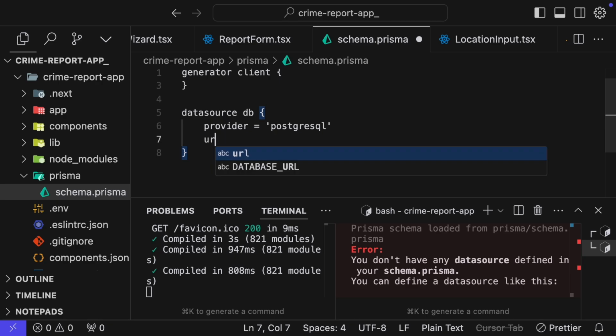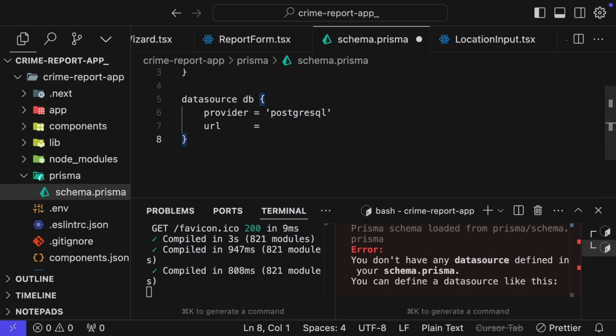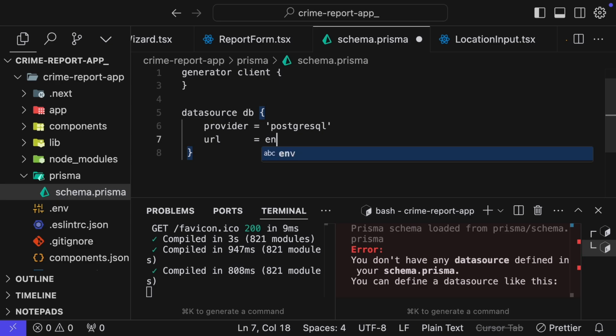And we have the URL to be this. The URL is going to come from the .env file. So we have env, then we provide the name of the database URL. So we will go ahead and add the database URL after we are done completing the schema, right? And then we have